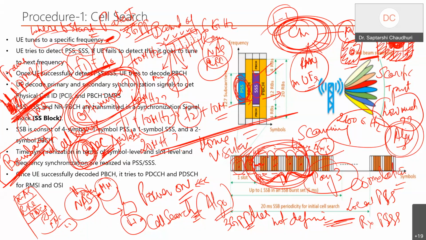That is where the operator's policy will start again. The operator might think, okay, I have set a wrong policy, with which the implication is that cell search is getting affected. So this is the first part of procedure one that is very, very important: that the mobile is able to recognize our network with respect to synchronization. Now it is synchronized.